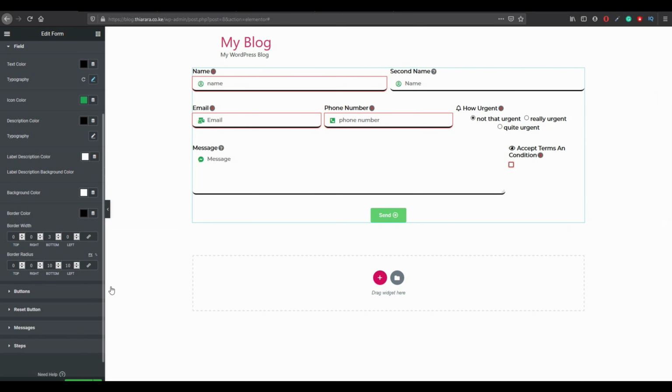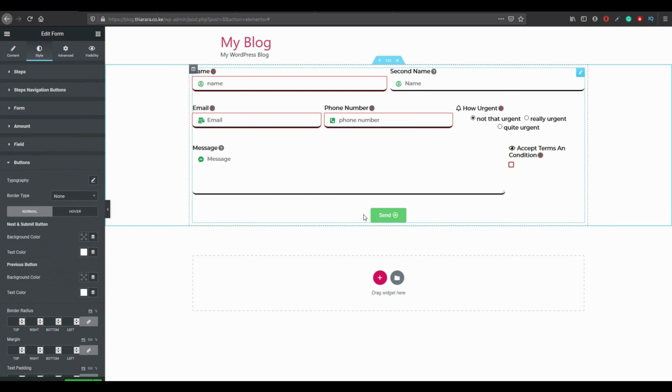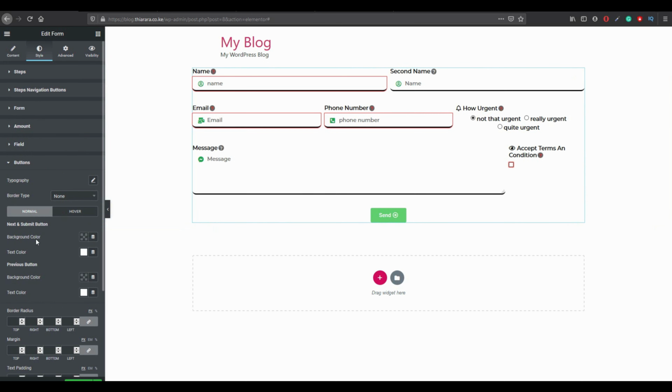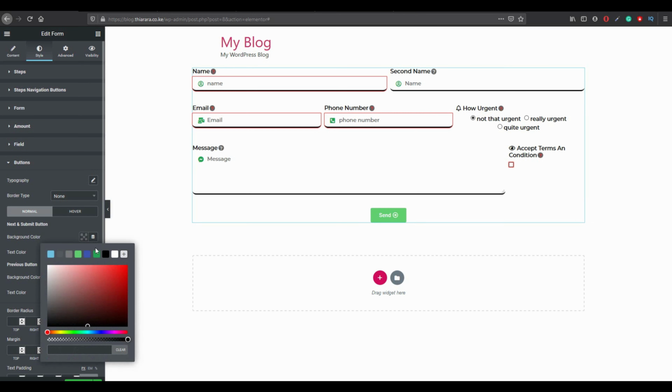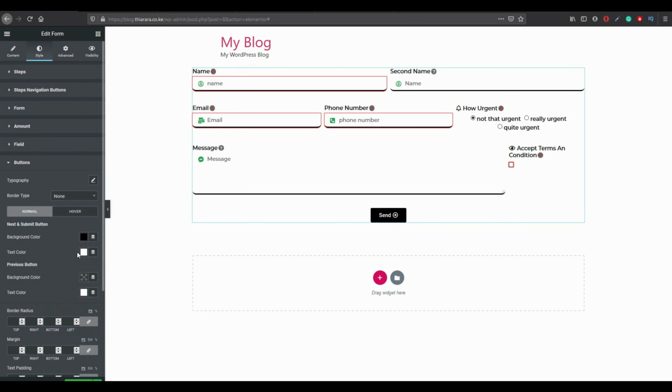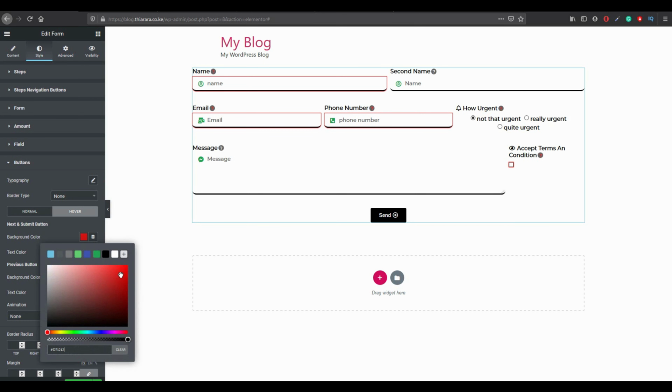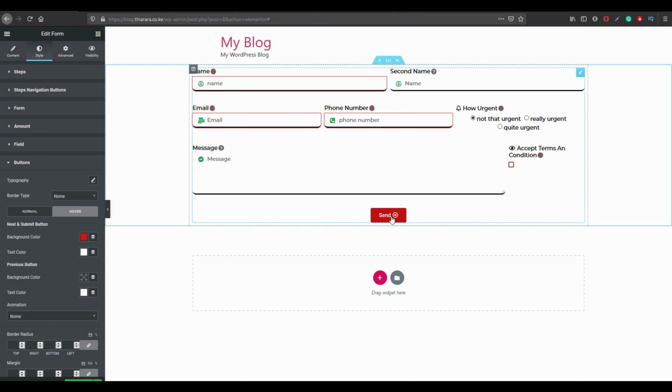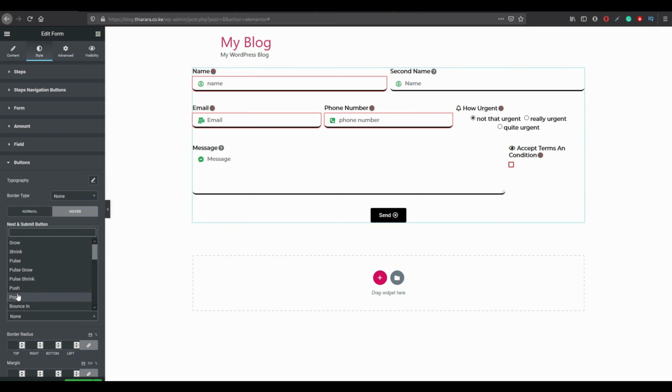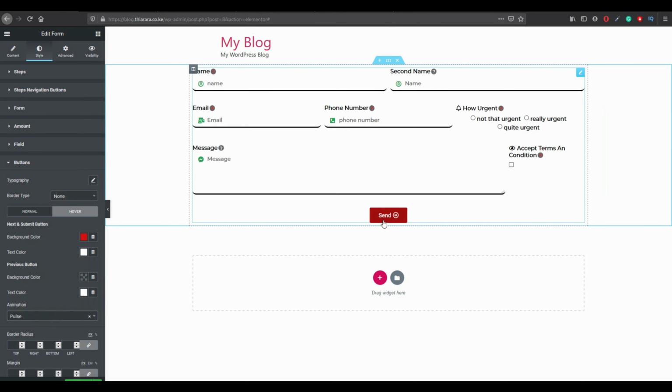After that, now you go to button. This button, you're going to say the background for the button should be black, text color white, background color on hover, let it be red, and I want it to be like that. Animation pop up, let's select pulse. You see,